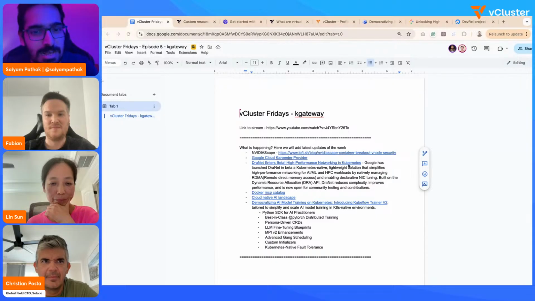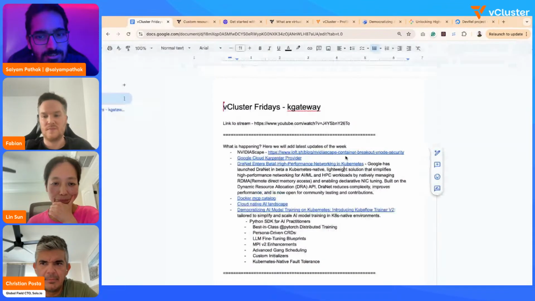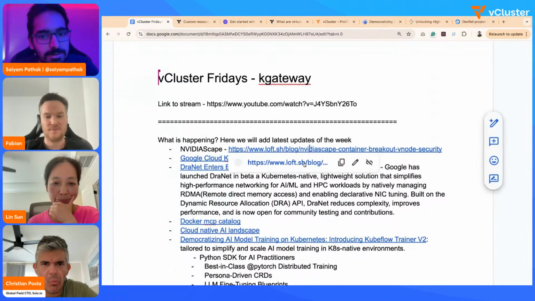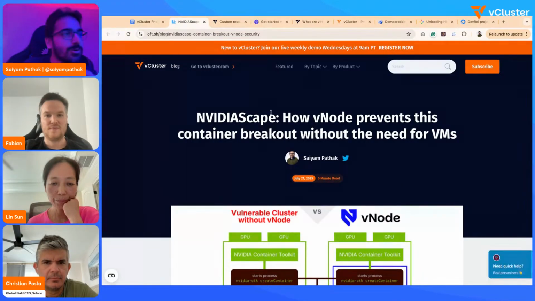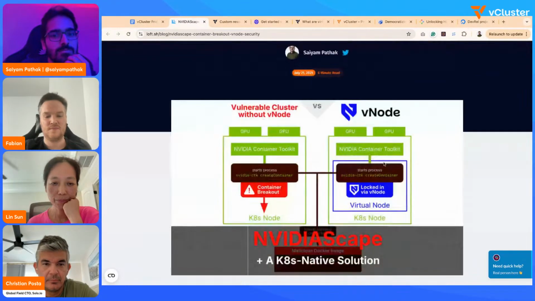So first, what's happening? There was this vulnerability, NVIDIA Scape, which is very interesting. I would ask everyone to look at what it is. Basically, there was this container breakout that could happen using the container start hook of the NVIDIA container toolkit.